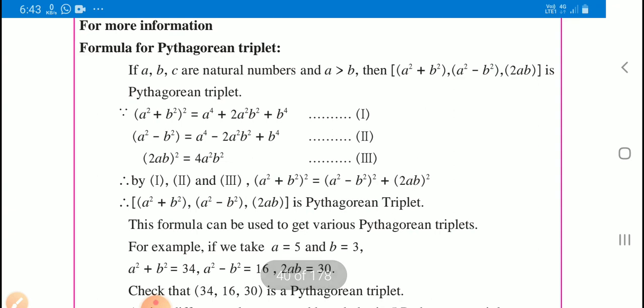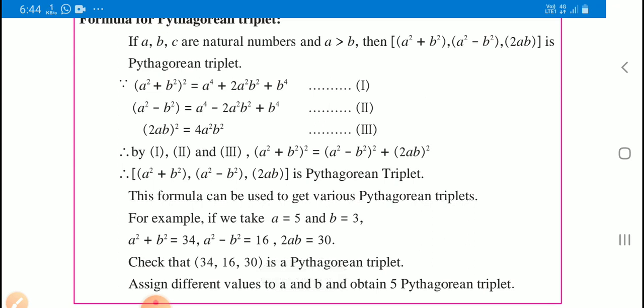Formula for Pythagorean triplet. I will read this. If a, b, c are natural numbers and a is greater than b, then a square plus b square, a square minus b square, and 2ab is a Pythagorean triplet. Why? Here, (a square plus b square) whole square we can write as